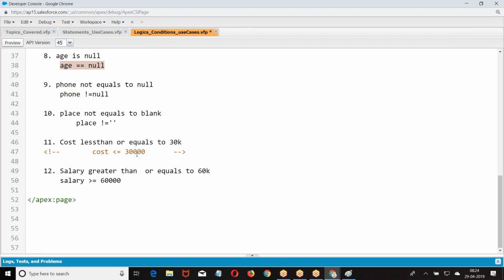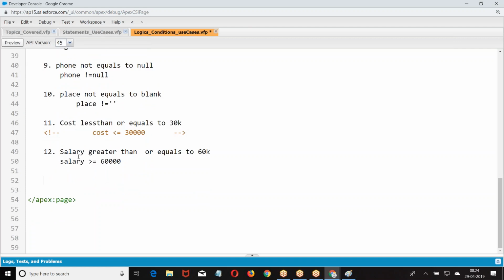Okay. Now let us get into the next one: logical operators.